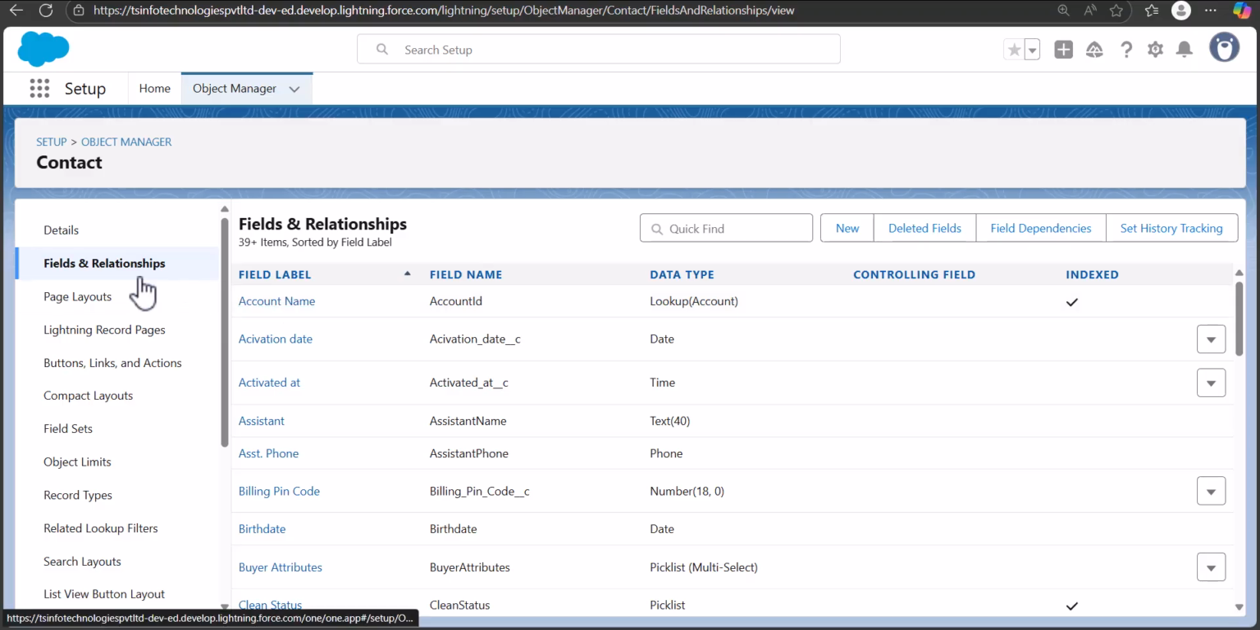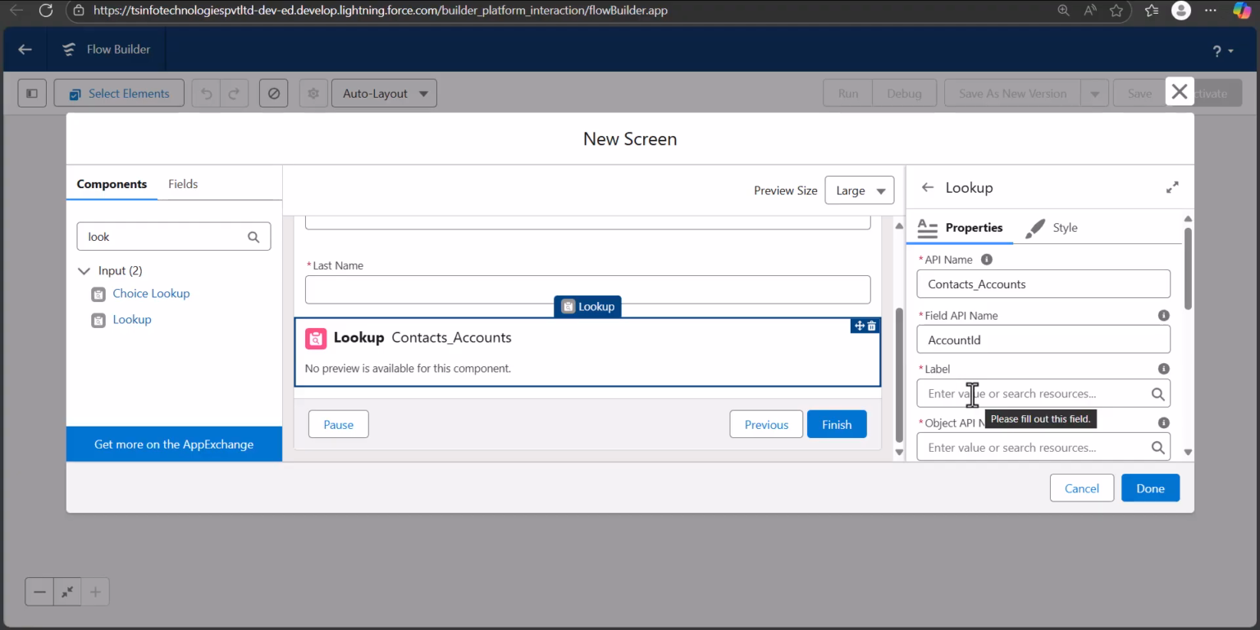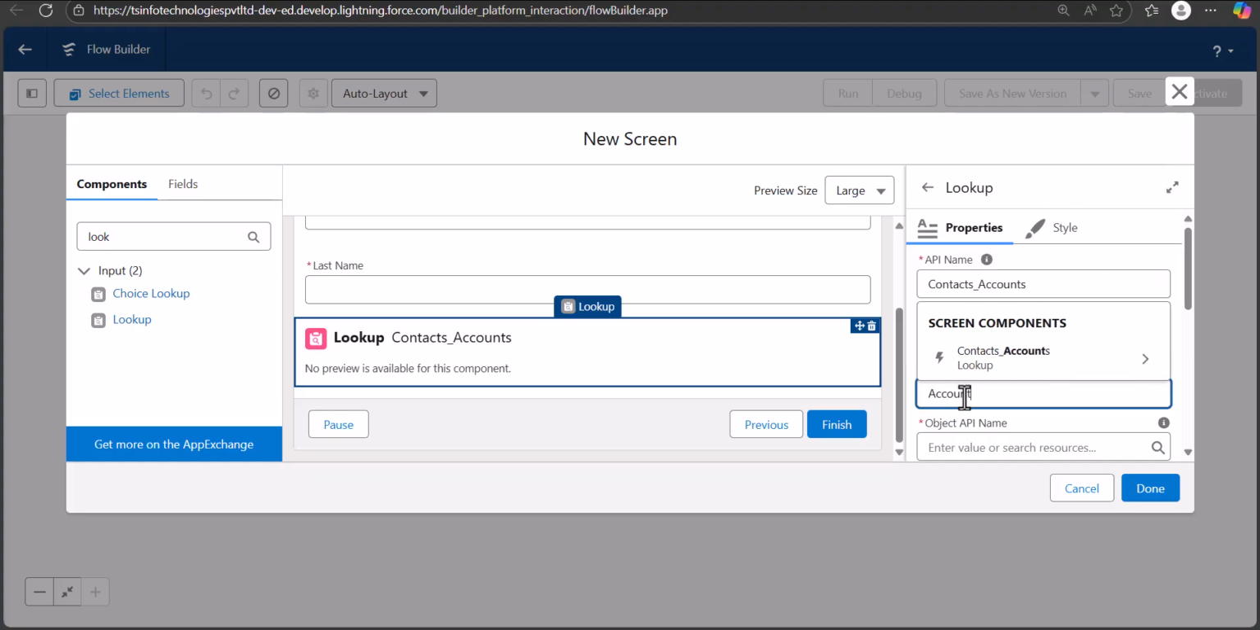So here in the fields and relationships of the contact, you can see the API name of the lookup object account is AccountId. So we will copy the API name from here, and again I will go to the flow and enter the same API name over here, and then we have to enter the label. The label I'm going to give for this field is Account Name,